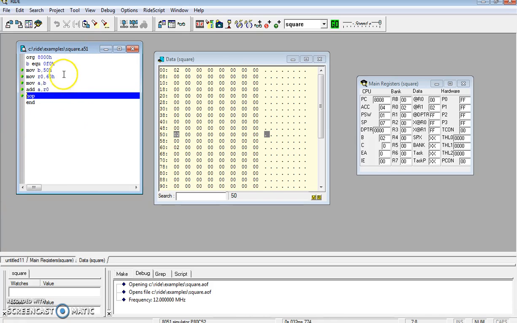See, when I add, I have to get 2 plus 2, which is nothing but 4. That value should be stored in the accumulator. So after ADD A, R0, I am getting the value in the accumulator as 4. So adding 2 plus 2, the answer is 4, and we are getting that in the accumulator. In this way we are doing the program to add two numbers.